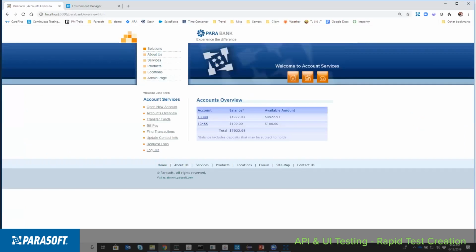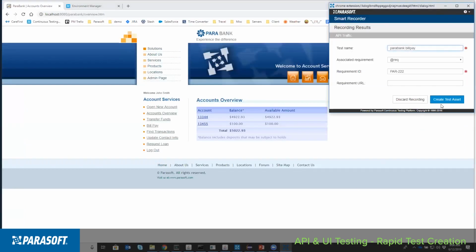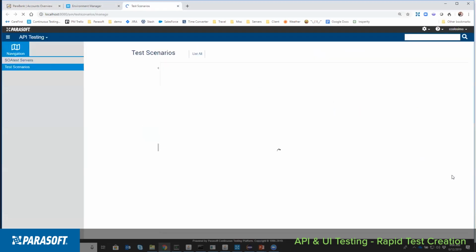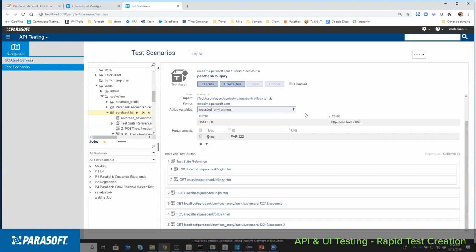So here I am back in this UI. I'm going to say, let's create the test artifact, and then that will drop me right back into the thin client architecture. Now that I've created the initial recordings for both my UI and API test, I can hand those off to my technical testing team. Now, I am one of those technical testers, whose job it is to increase test coverage across the application via UI testing, API testing, and so on.